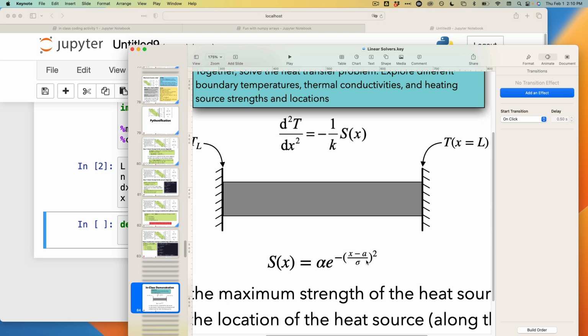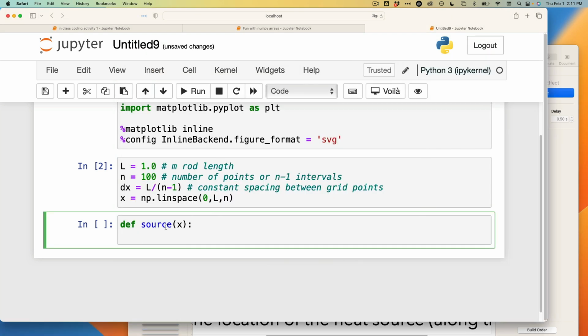You could have a double Gaussian or a triple Gaussian or a 10-modal Gaussian. It's up to you, right? You could have a hyperbolic tangent, some weird function. It doesn't matter. It will just work with this system, okay? Now, whether it's going to be physical or not, that's a different question. All right, so let's do